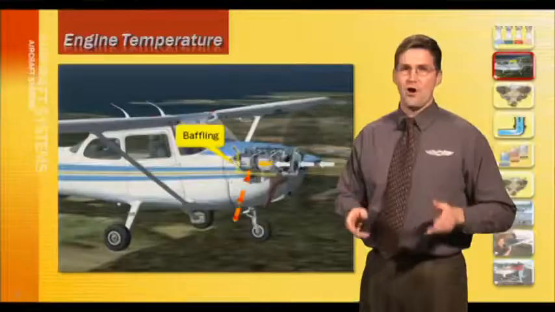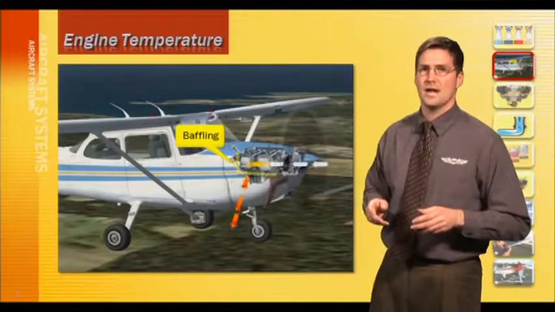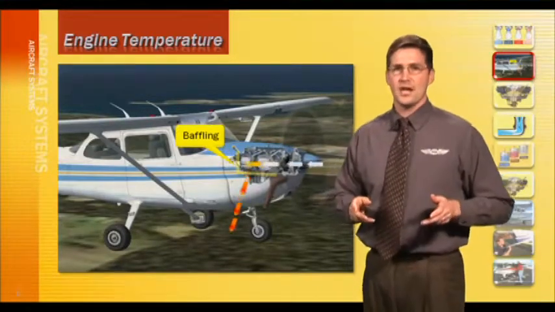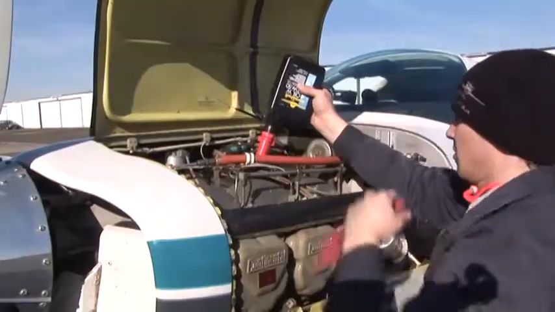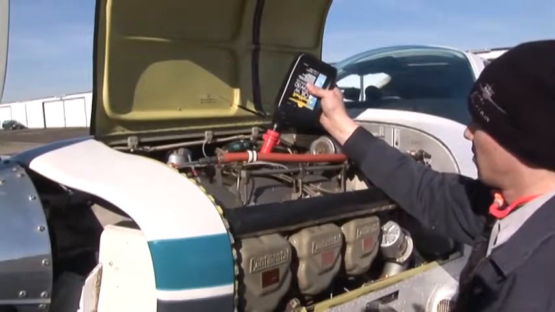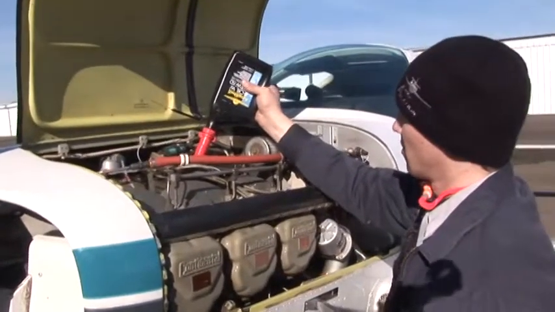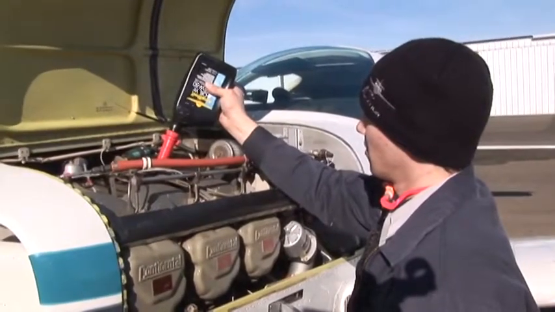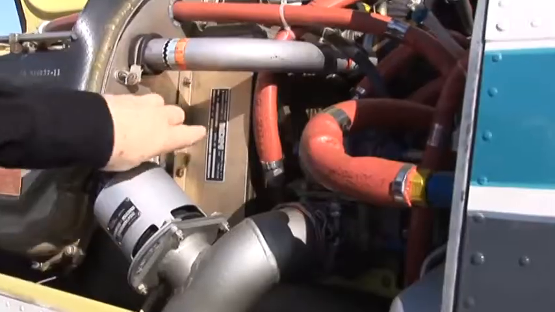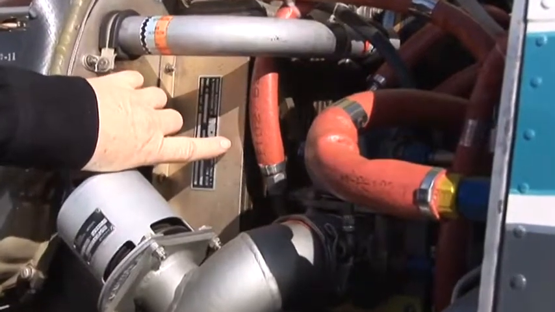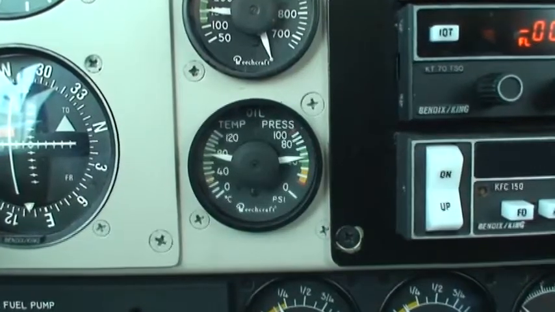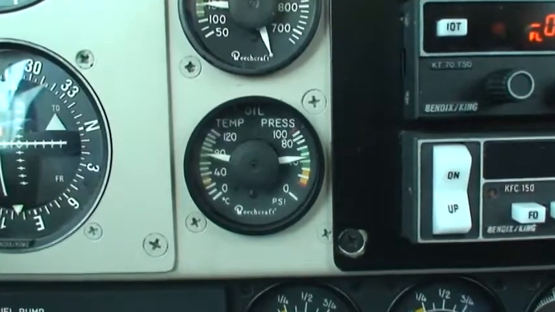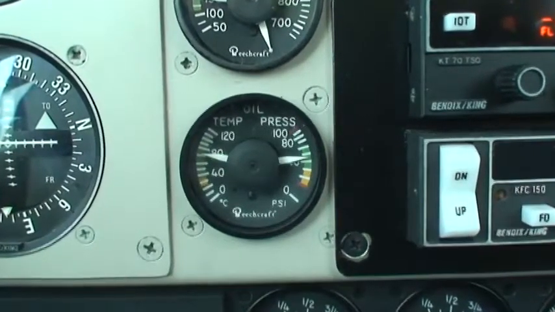Some engines use cowl flaps to regulate the engine cooling air flow. Internally air-cooled reciprocating engines are especially dependent on the circulation of lubricating oil throughout the engine for cooling. The oil reduces friction and removes heat from the engine and dissipates it in the oil cooler. An aircraft is required to have an oil temperature gauge, such as the one that you see right here, and it must be located in plain sight of the pilot in the cockpit